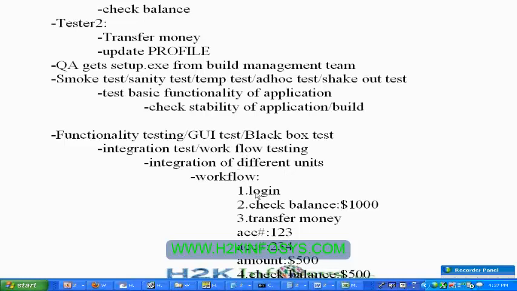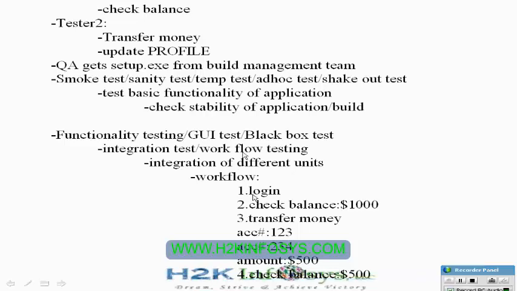So for example, you look at the workflow, right? In the workflow, you have different steps. Login, check balance. Login is one unit, right? Check balance is another unit. And then you check the balance is $1,000. And then you do transfer money from this account to this account, and you want to transfer $500. So once you transfer money, then you are going to do the check balance, right? So it should say $500 left,